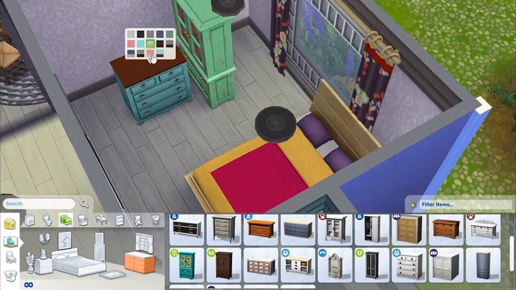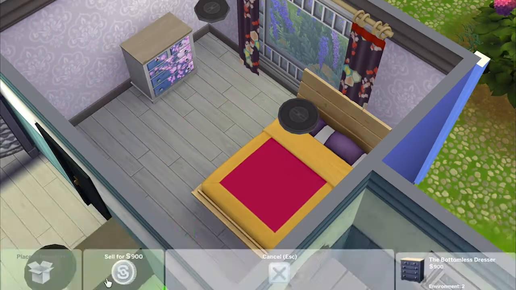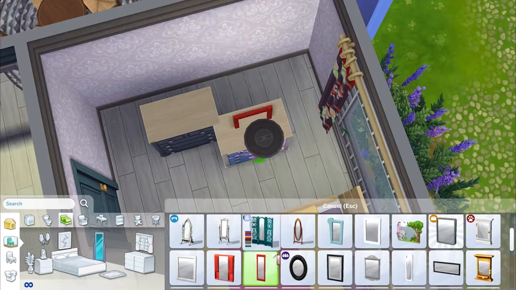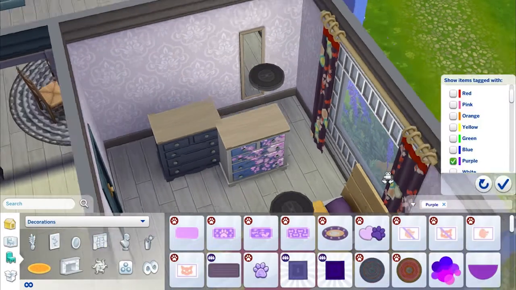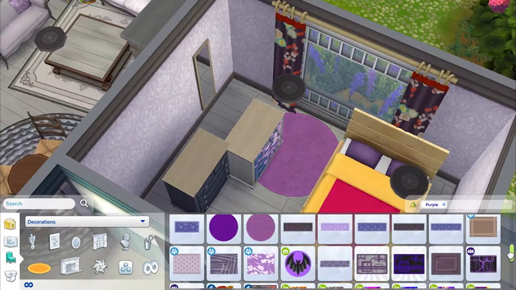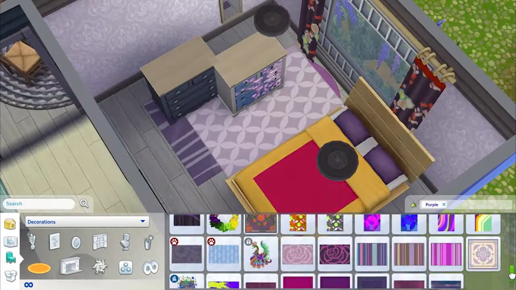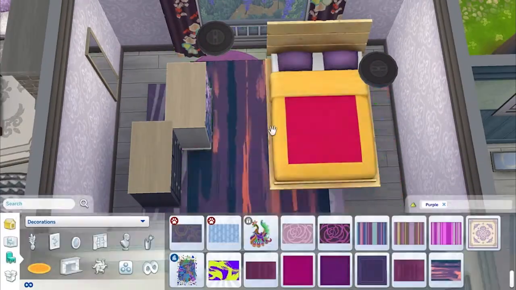I know that I use the wall art with the butterflies, the purple one with the butterflies. Oh yeah, I go for this dresser, that purple one with the cherry blossoms on it. I think that looks quite nice. I forget what I pair it next to, actually. I think a desk with a computer. Yeah, that's what I do. And then I also end up using a